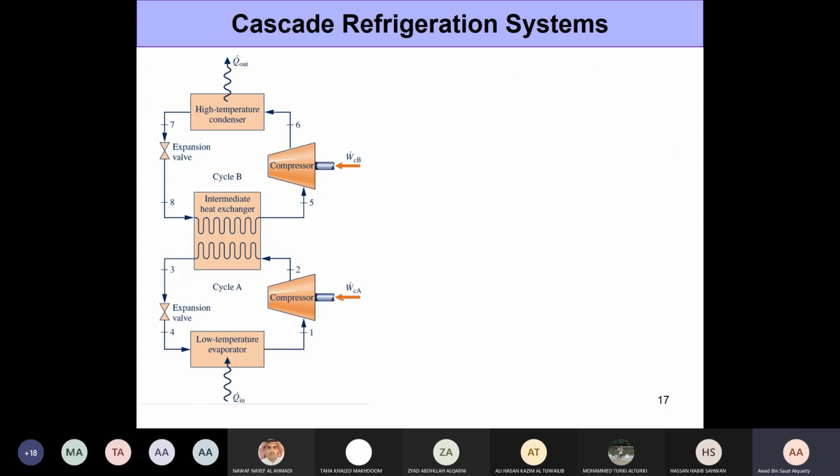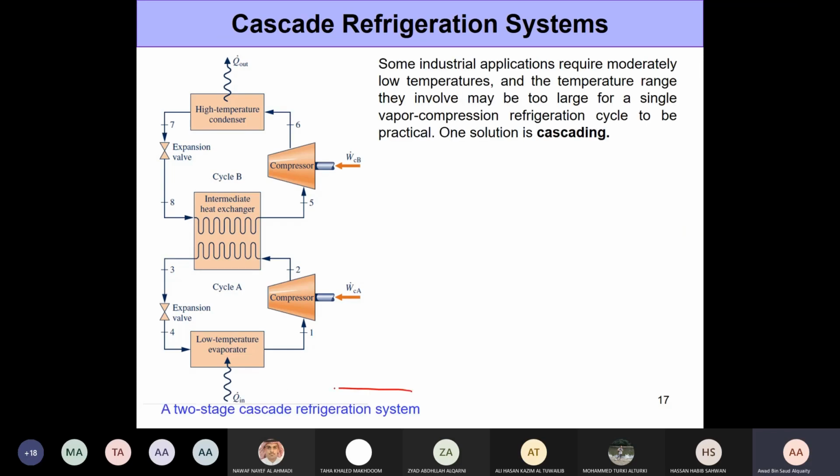Now let's look at the cascade refrigeration system. This figure right here shows a two-stage cascade refrigeration system. This system is very useful when you're looking to target low temperatures or when the cooling load is very high. And this will make sense in cases where,